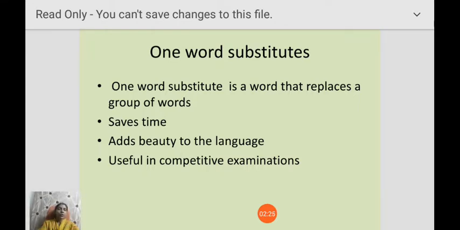Why are they useful, one word substitutes? Because they save time. Instead of writing 4 words, 5 words, sometimes 8 to 10 words, we are writing it with a single word. So that's why it saves our time and energy. The most important thing is it adds beauty to the language. You look proficient when you use one word substitutes,